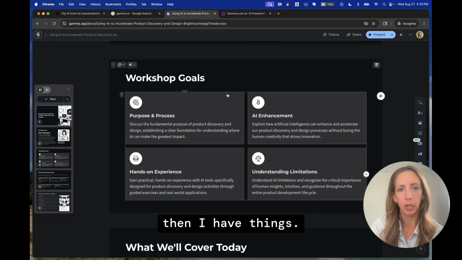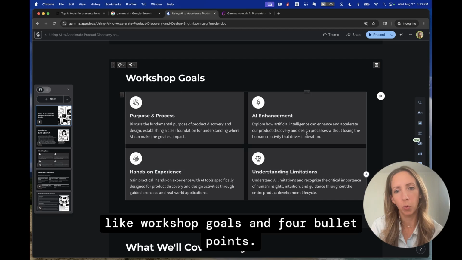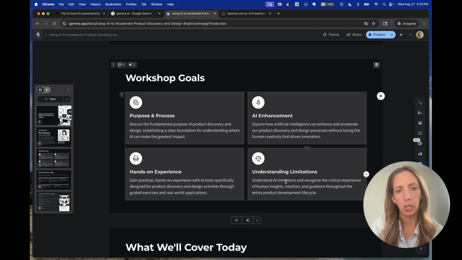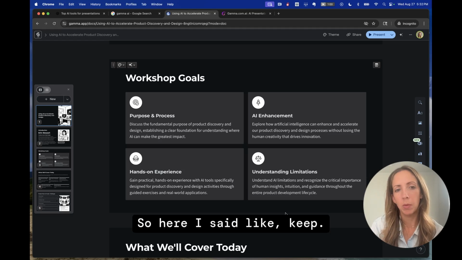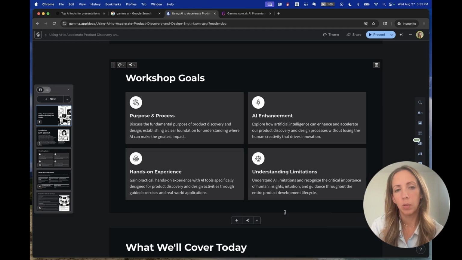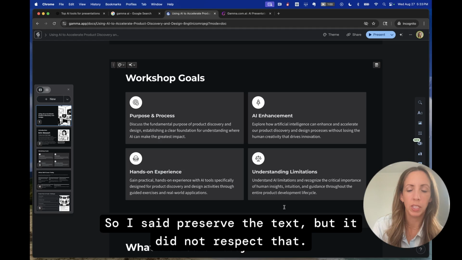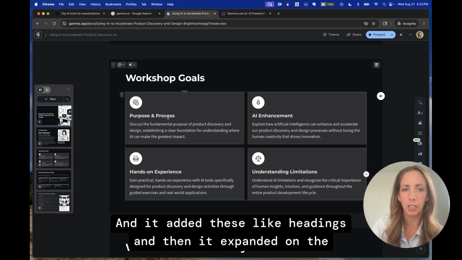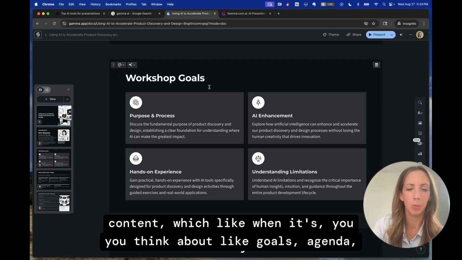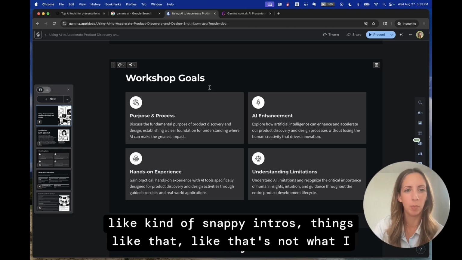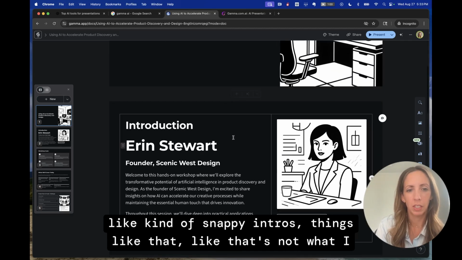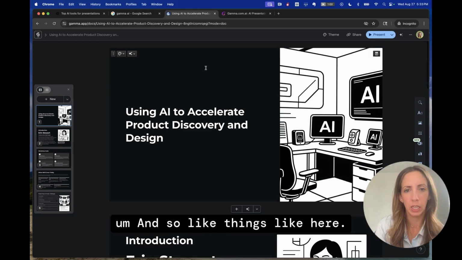But then I have things, like workshop goals, I had 4 bullet points. So here I said keep, I'm thinking about why I did this. So I said preserve the text, but it did not respect that. And it added these headings and then expanded on the content, which, when you think about goals, agenda, snappy intros, things like that, that's not what I want. And so like things like here,